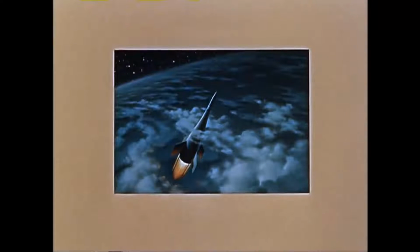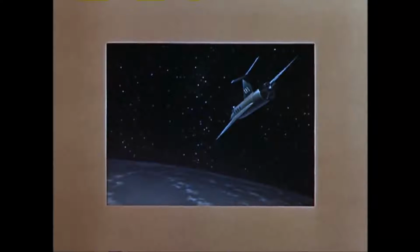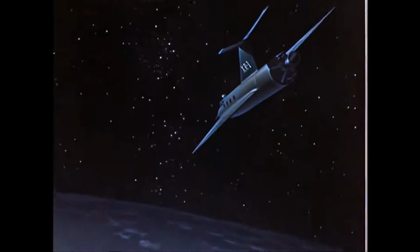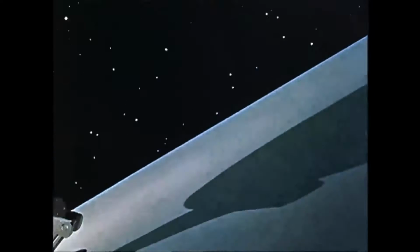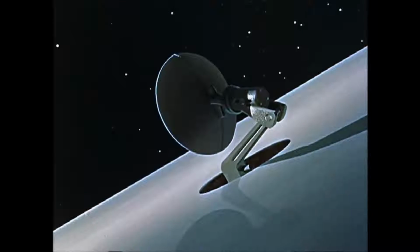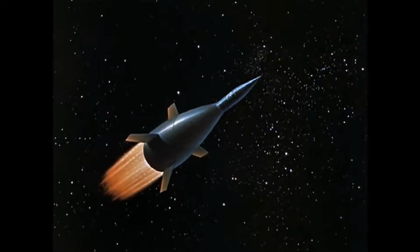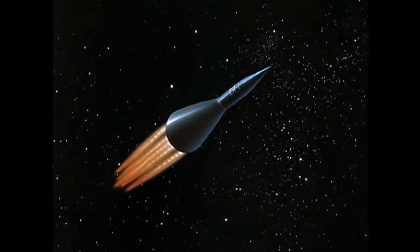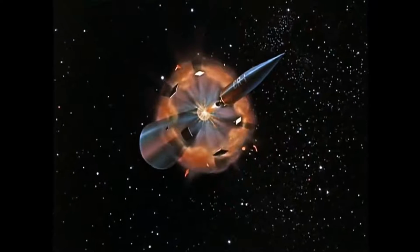While its motors are firing, the cargo rocket is controlled by an automatic pilot, like a guided missile. Up in space, the blast-off is observed with the aid of optical instruments. In the guide ship, the navigator locks his tracking radar on the rising cargo rocket. At about 24 miles altitude, the first stage breaks away and the second stage motors fire. 2 minutes later, the cargo head blasts away from the second stage